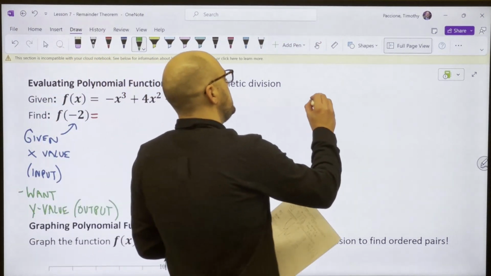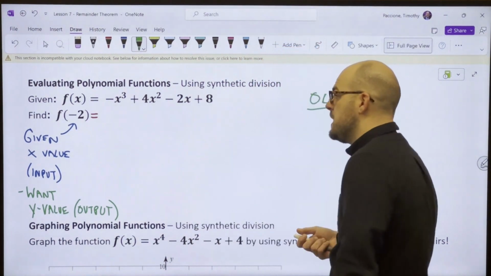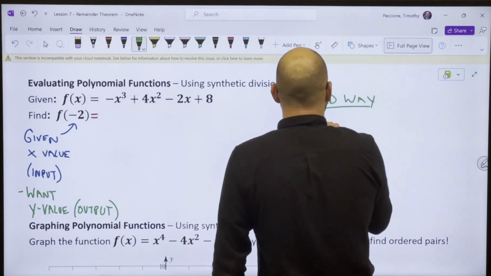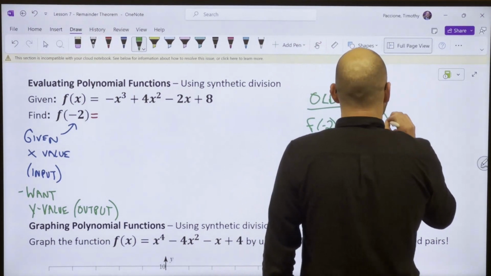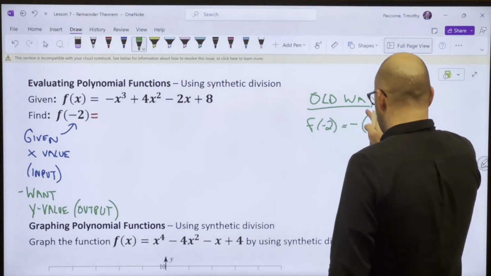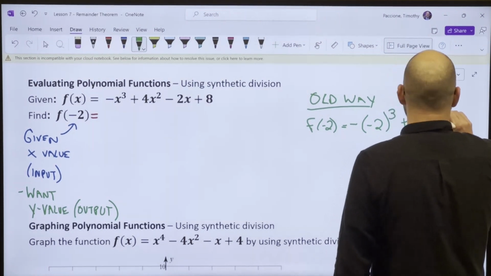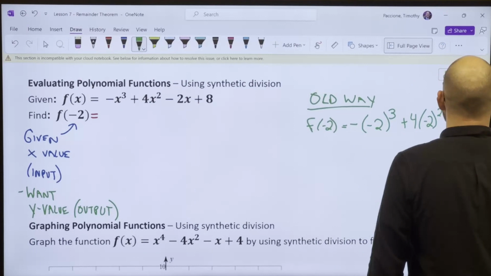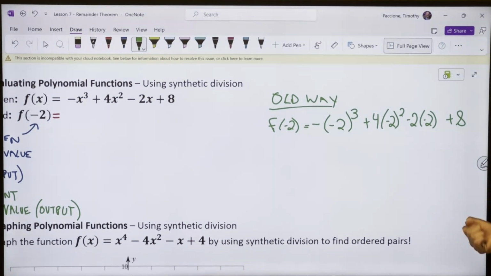And the old way to do that was what? You got to plug it in. So you'd have to go f of negative 2 equals negative parentheses. And boy, do we make mistakes with those parentheses sometimes, right? So negative parentheses, negative 2 to the third plus 4 times negative 2 squared minus 2 times negative 2 plus 8. Right? So we would either work that out, or if we had a calculator, we'd plug it in, be super careful, don't make mistakes, right? But it's easy to make mistakes with that, right? The new way